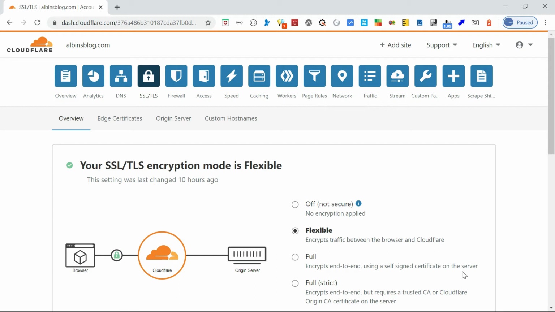So you can have a self-signed certificate configured on your origin server. The browser to Cloudflare connection will use one of the 3 certificate options we discussed earlier. Now Cloudflare uses this self-signed certificate from the origin server to encrypt the traffic before sending it to the origin server.